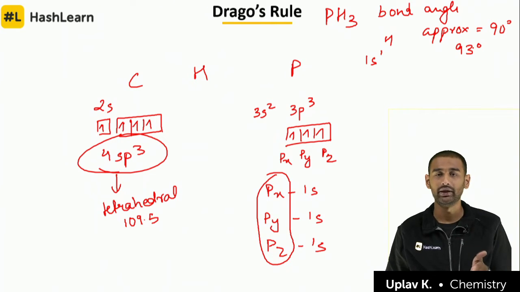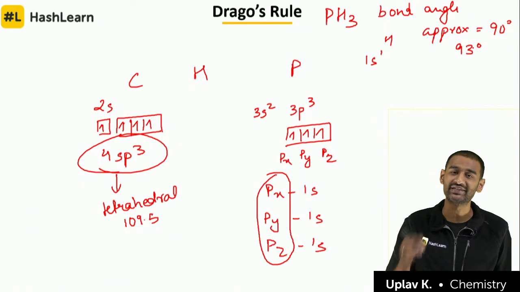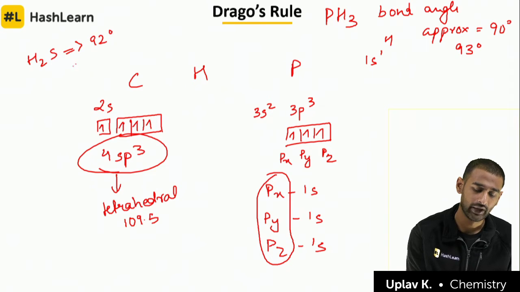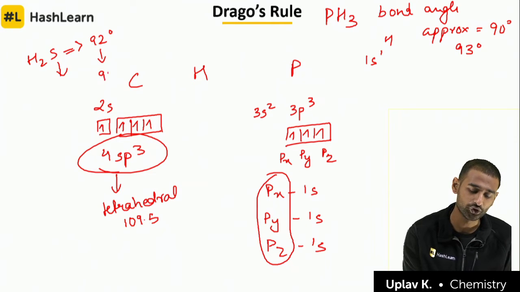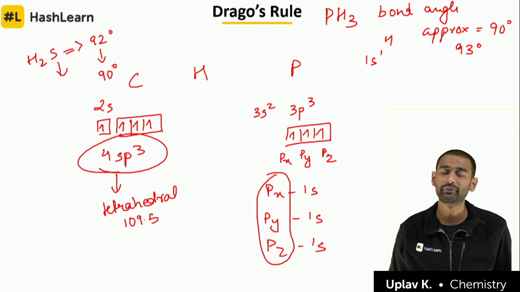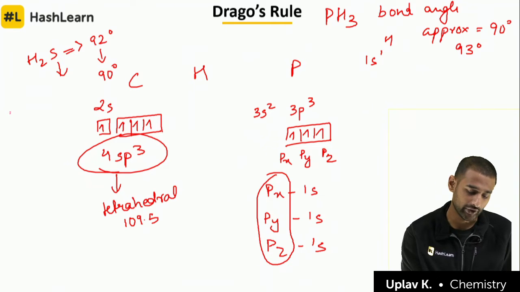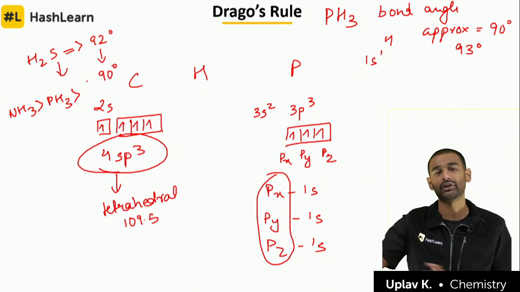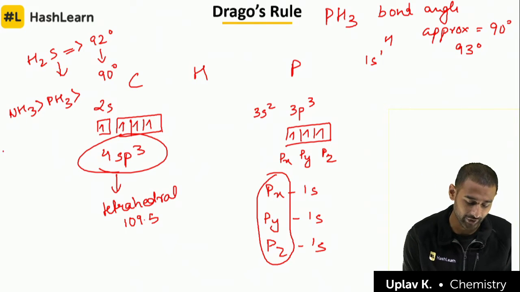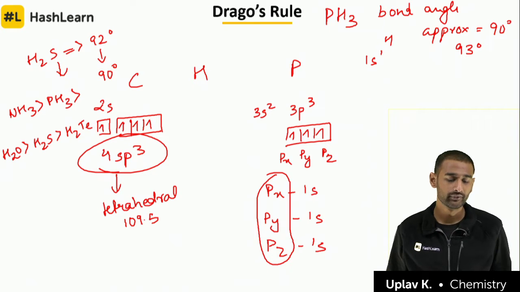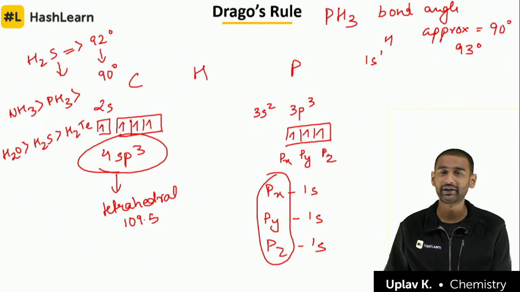So if you go down in the group 15 hydrides or the group 16 hydrides, you will see that something like H2S has a bond angle of around 92 degrees, and if you keep going down, this number will approach 90 degrees. This is why it is very important, because if you get a question on the bond angle order of group 15 hydrides, it is something like NH3 more than PH3 more than the next one, more than the next one, and so on. Similarly, I can write for H2O also. H2O has more than H2S, which has more than H2Se, I think, and so on. So I hope that this is clear. If anyone has any doubt in this, please tell me.